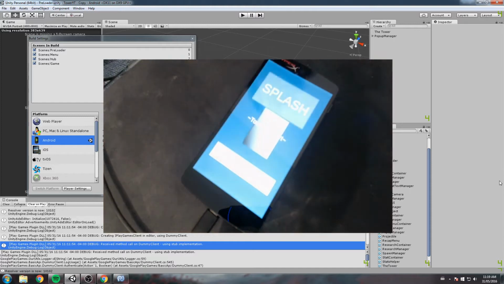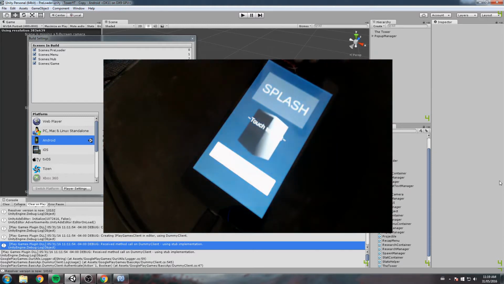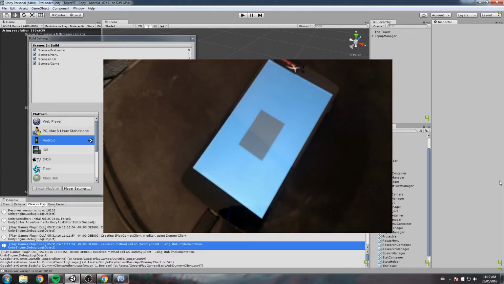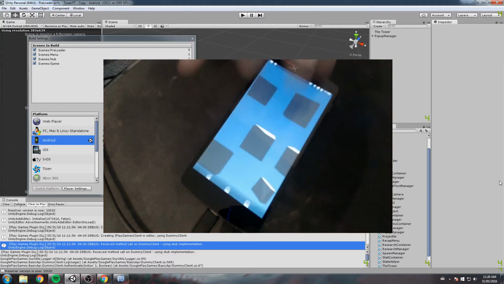So right now I wasn't able to show you the little pop-up, but it basically just gives out your name and also your Google Play level. And that's pretty much it actually. So what we're going to do next is make sure something happens when we click on the achievement button and all that kind of stuff. So let's quickly close this webcam and move on